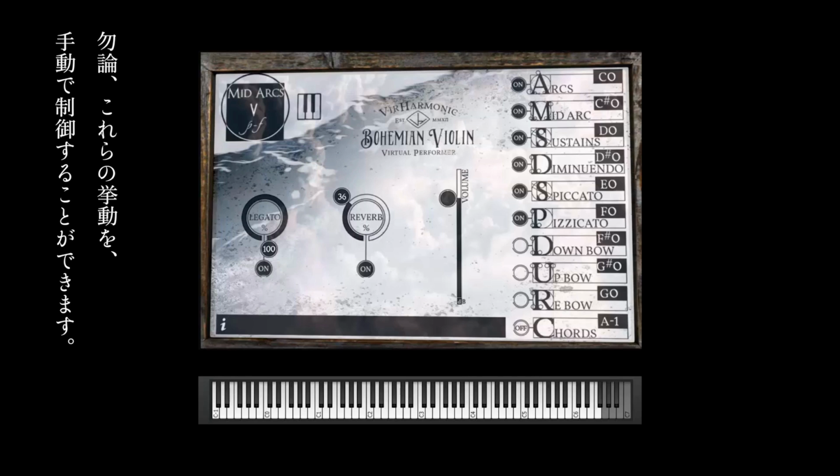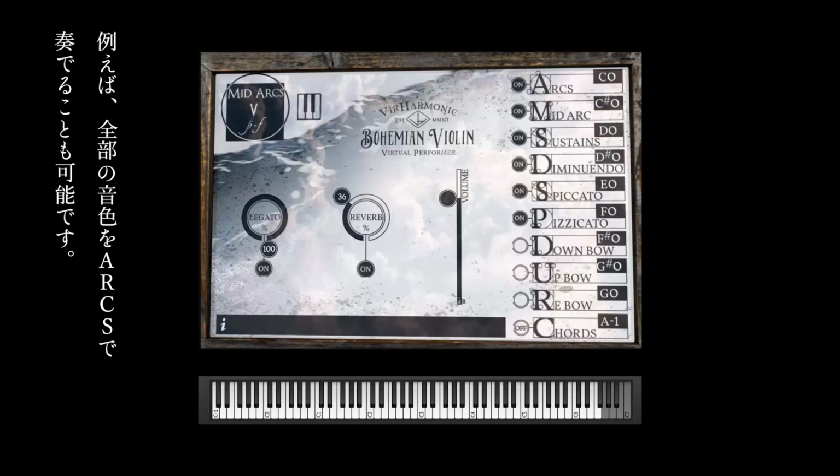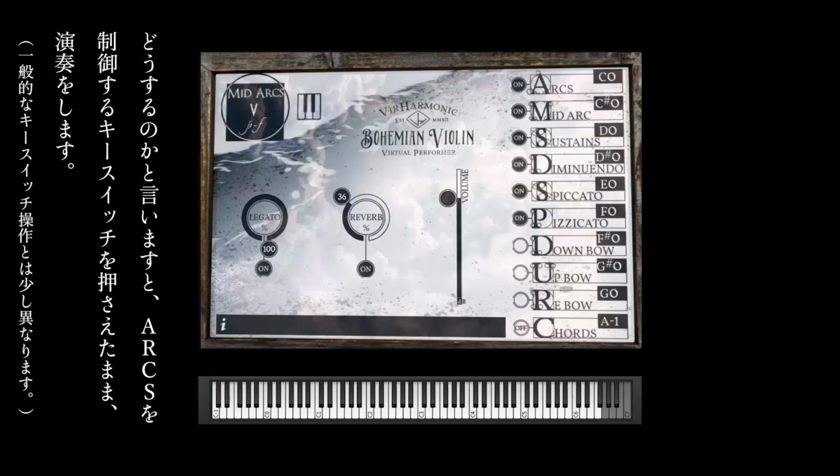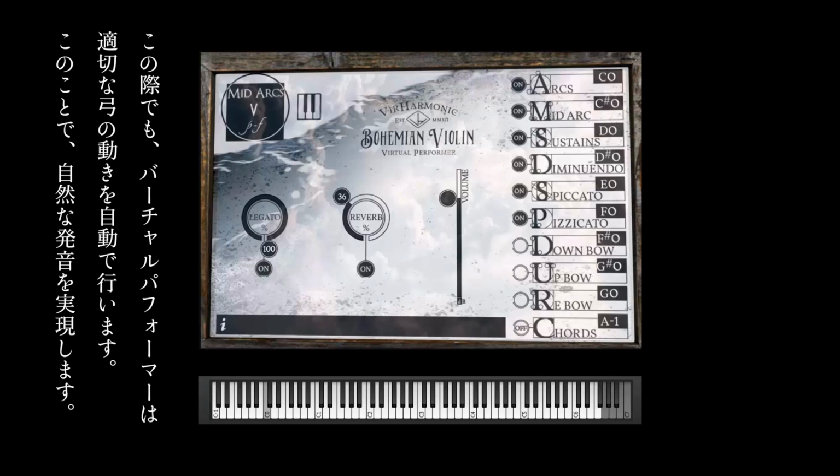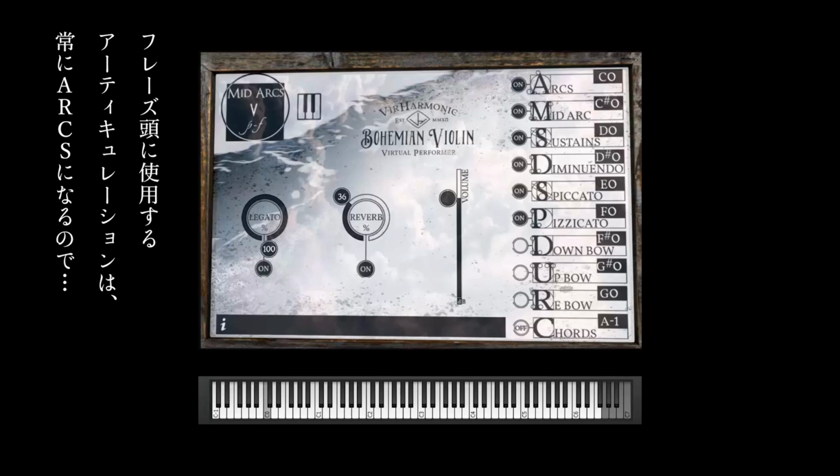Now, of course, with this instrument, you can actually force a certain behavior onto the instrument. So if you wanted all the notes to be arcs, for example, all you would have to do is press the arcs force key and hold it for the part of the phrase you want. Now the virtual performer will continue bowing for you, so it remains sounding natural, but what will happen is that